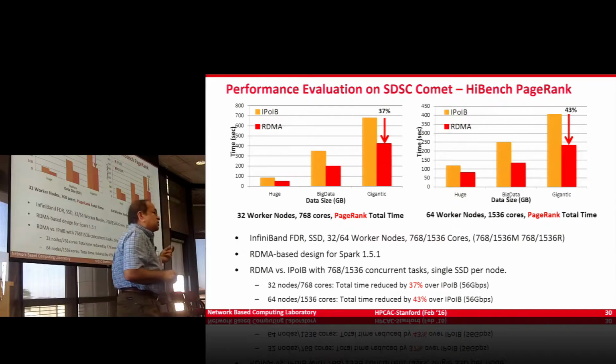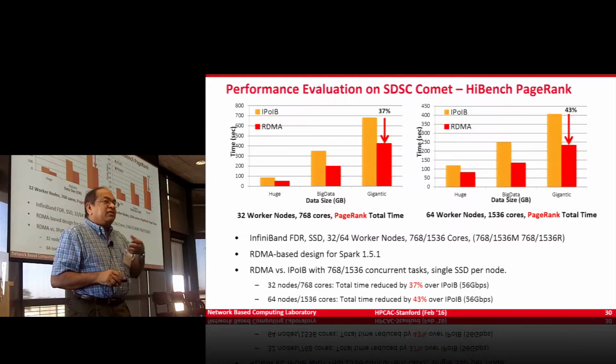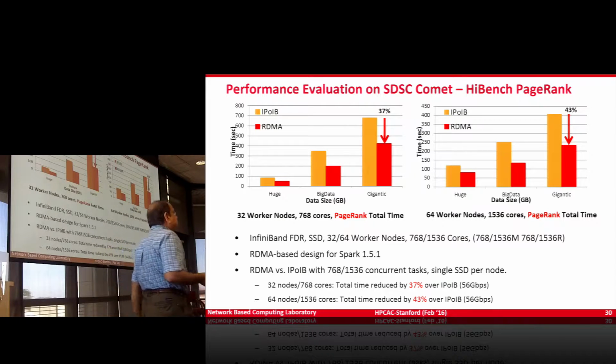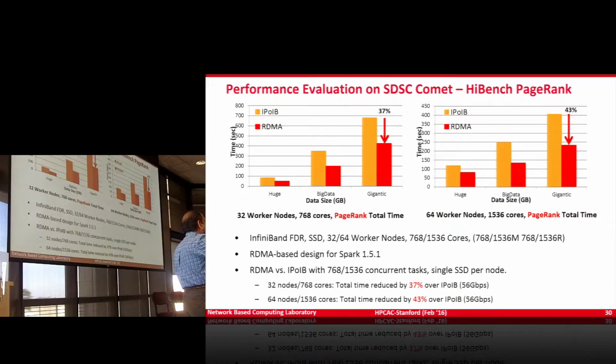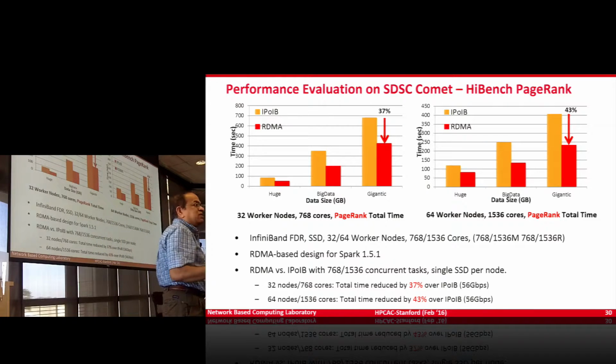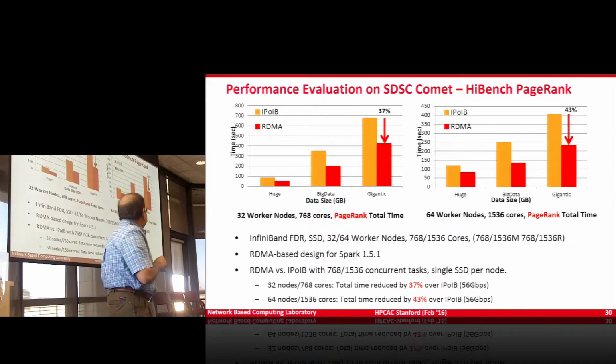Then there is another common benchmark called PageRank. Just like on web pages, you see Google and others do all this page ranking. That means you get who is referring to which pages, and PageRank is a very common algorithm there. When we ran it on 768 cores on SDSC Comet, you can make it faster by 37% here and 43% here. Once again, the key thing is the hardware remains the same. We are not touching anything. It's purely the software we have redesigned that helps you with this kind of acceleration.